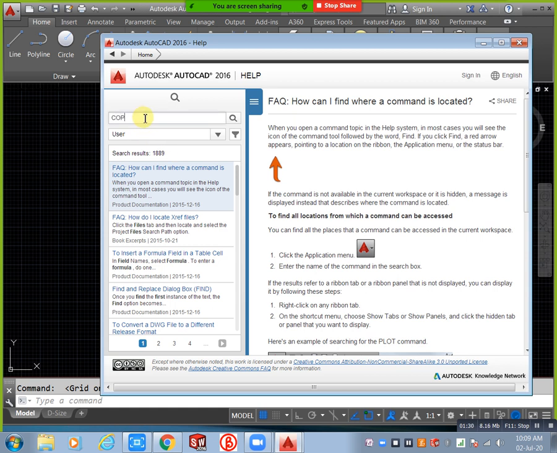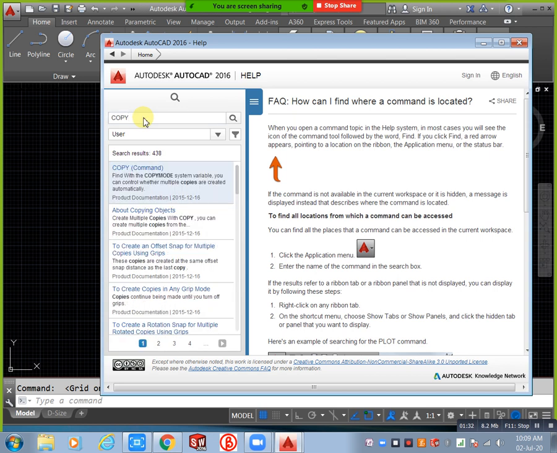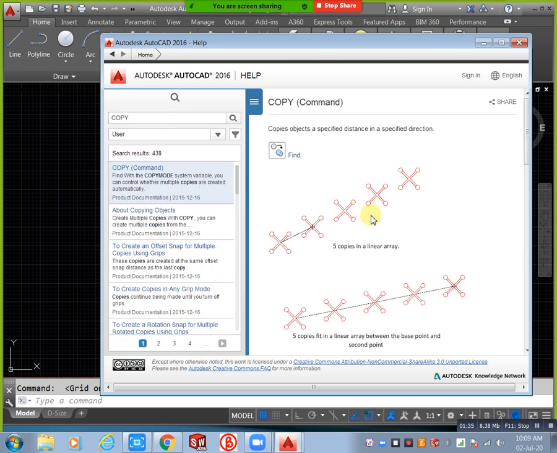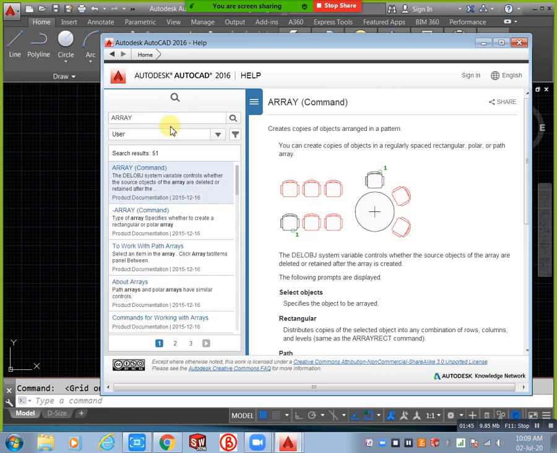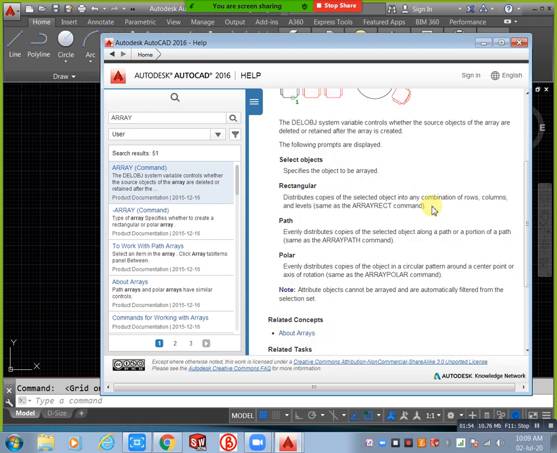You will enter the complete command, not a single letter. Shortcut is not applicable here. Okay, see, this is copy. If you need array, this is also one more command. Directly mention array here, like this. Whichever command you have a doubt about, directly apply that command name completely in the search button. Directly you will get all the command information. Just see here, you can get your procedure also.